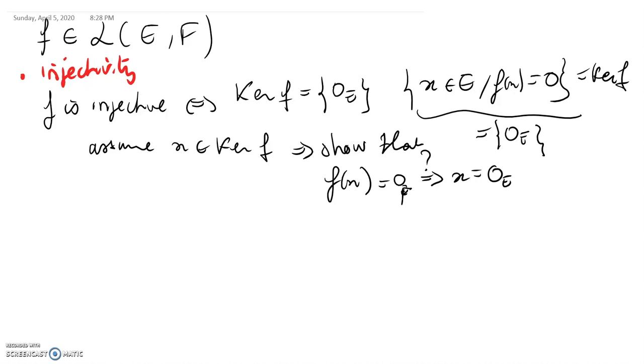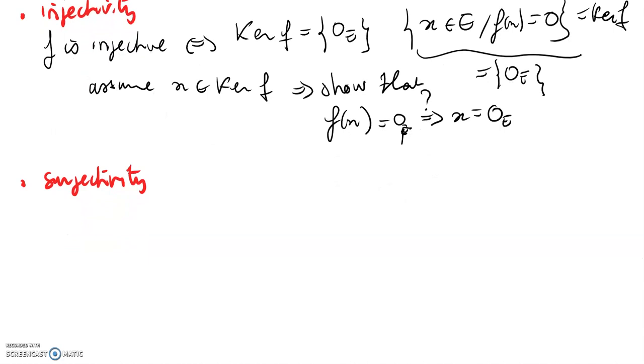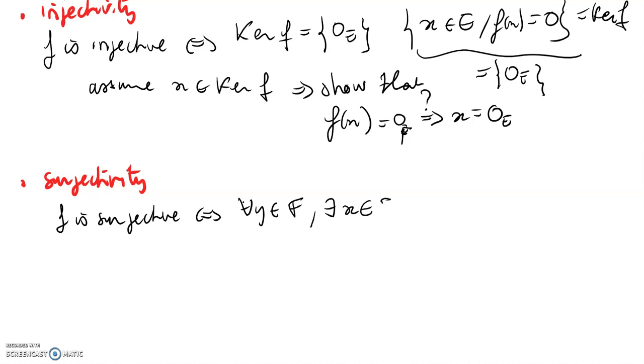Now, if you want to prove surjectivity, what does it mean for a function to be surjective? F is surjective if and only if for all y that belong to the codomain, there exists some x that belongs to the domain of F, such that F of x is equal to y. Okay, so either you can show it directly, or